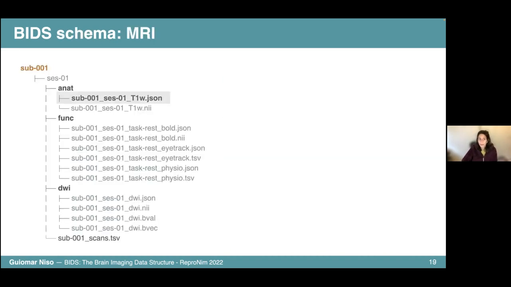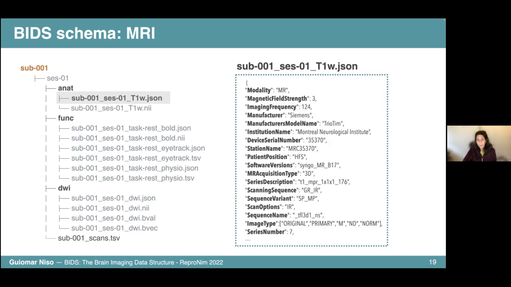And then if we have an MRI study, data should be under an anat folder. If we have some fMRI, then we will have a func folder or a data type. So this, again, will have the fields, the specifications that are required for an anatomical MRI, like patient position, as we have seen, magnetic field strength, imaging frequency, and the manufacturer, if it's a Siemens machine, or the institution